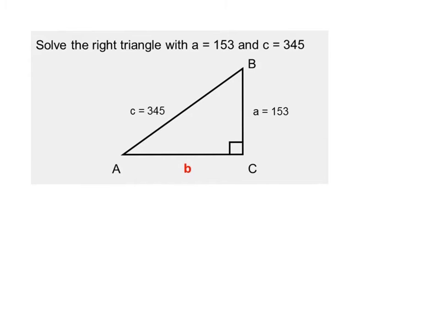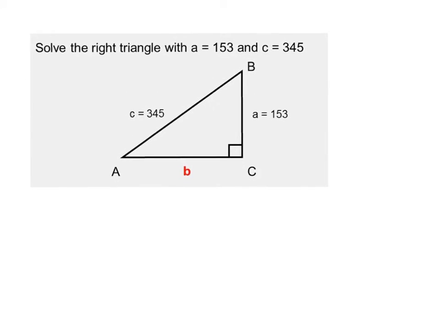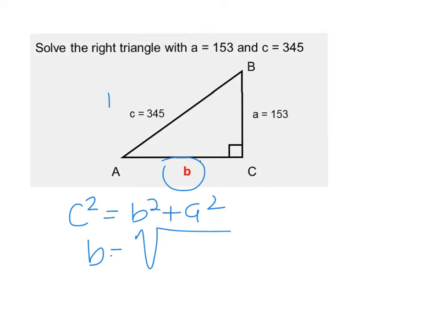Our first step to solve for this right triangle is to solve for b. And to solve for b, we're going to use the Pythagorean theorem. So we know that the Pythagorean theorem is c squared is equal to b squared plus a squared. And we want to solve for b, so we're going to rearrange our formula algebraically, which will be equal to the square root of c squared minus a squared, which is the square root of